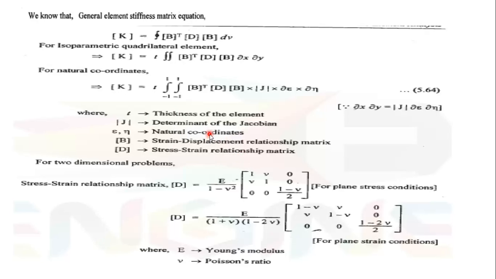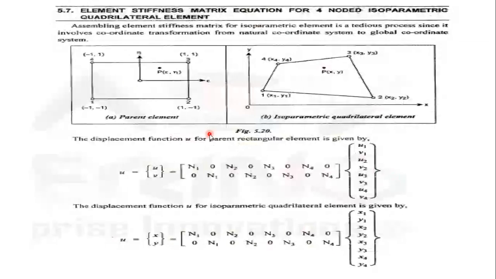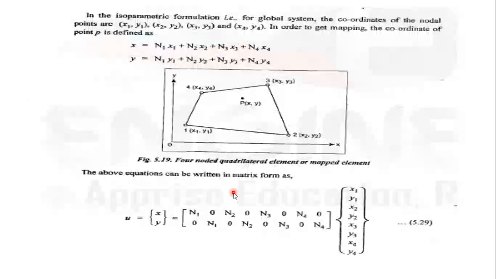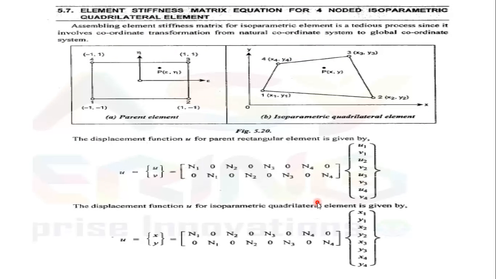So let us have a quick review of what we discussed in the last lecture. We find N1, N2, N3, N4 with respect to x, y, that is the geometry of the element as well as the displacement component of the element with respect to the shape function equation. Then from the shape function we frame the element stiffness matrix. For that we have the parent element and the isoparametric element, that is ε, η and x and y. For that coordinate transformation we used